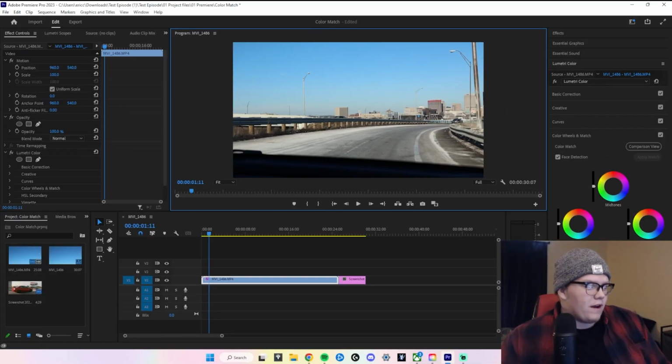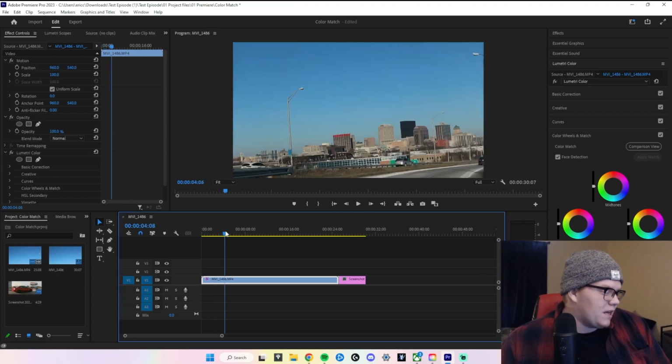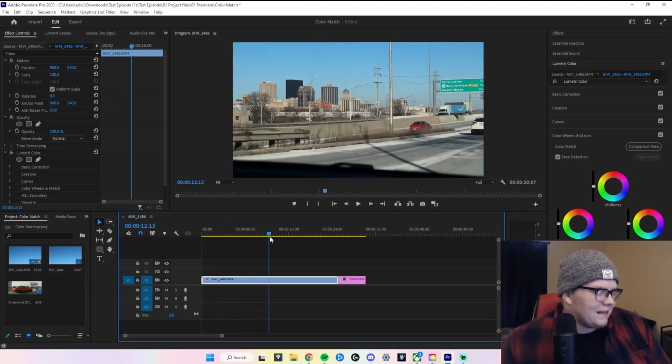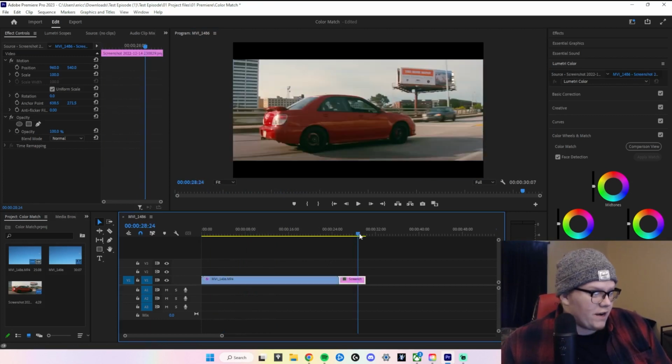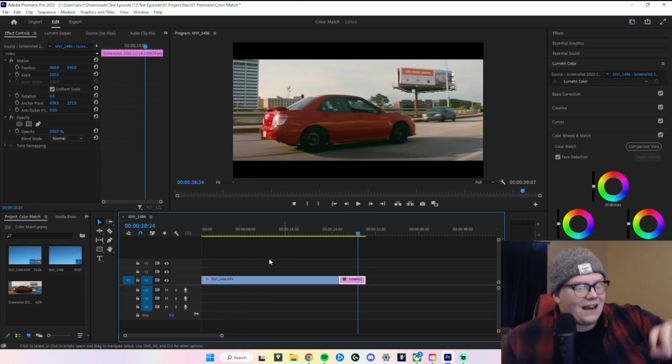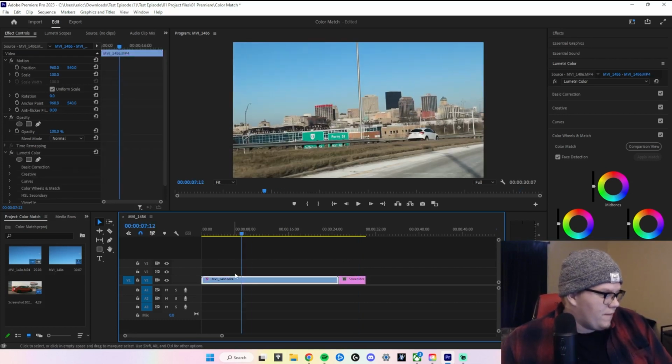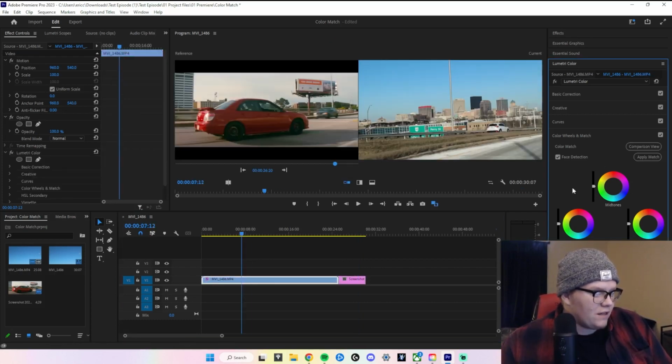So we're in Premiere Pro now, and we got some sample footage of just me riding in a car, filming a city skyline. Now, pretty basic footage, right? My color match right here is going to be this clip from Baby Driver to get that nice, solid kind of golden tone. So what we're going to do is we are going to click comparison view, and we're going